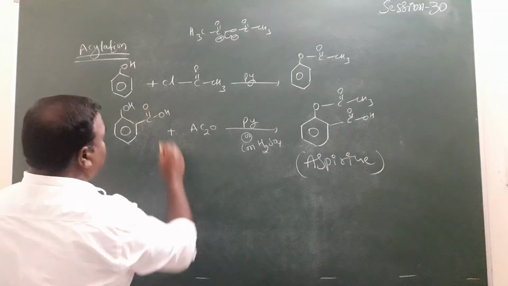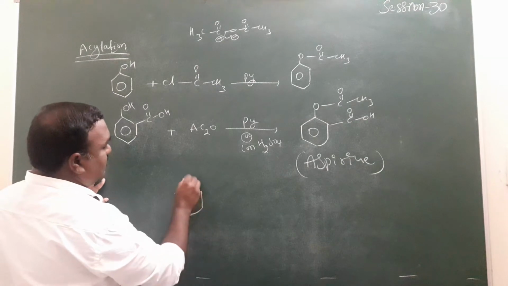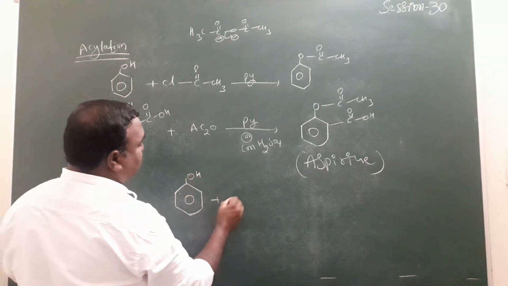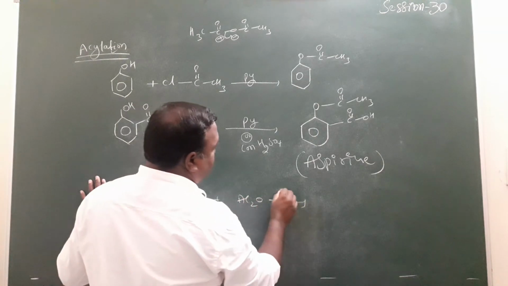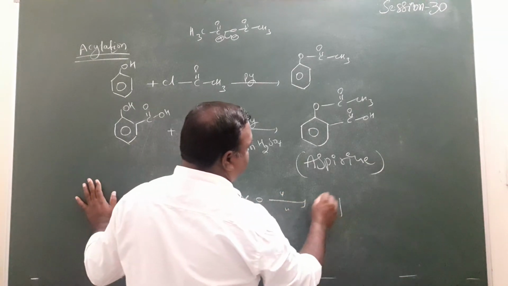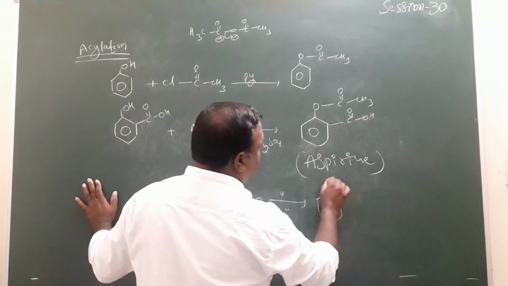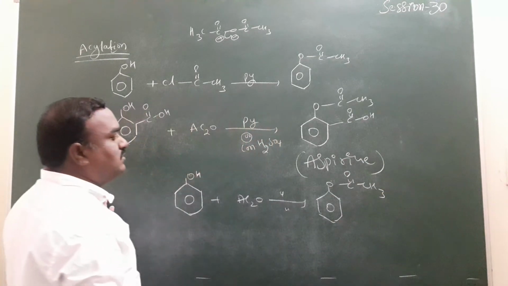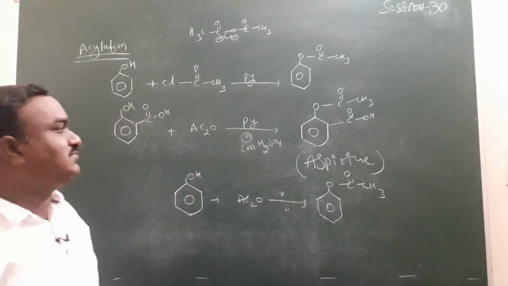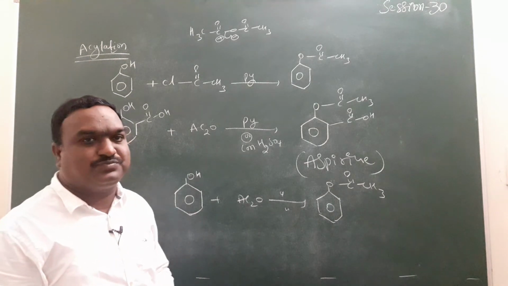If you take a simple one, there is also no problem here. The phenol compound reacts with acetic anhydride in the presence of mediums to form phenyl acetate, with C-O, C double bond O, CH3. This is the way to write that compound. A phenyl ester is formed here, and an excellent yield is formed in this reaction.